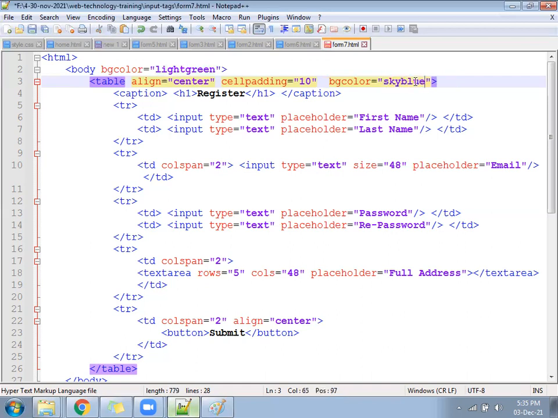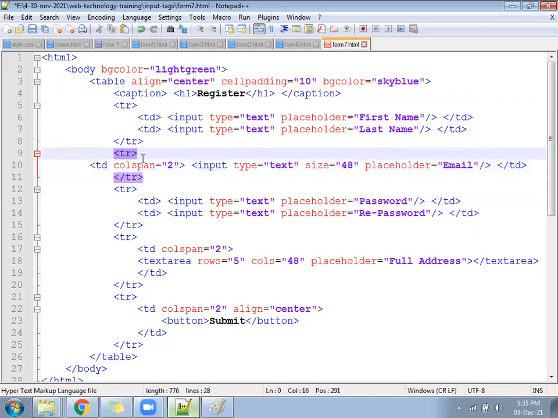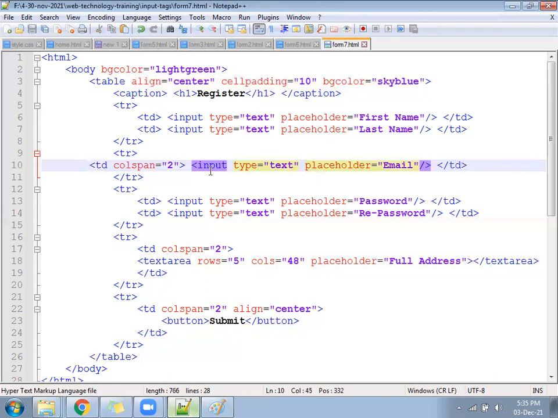Hello, sir. I have one doubt. In the second text box, we mentioned colspan equal to 2. Sir, if we give colspan equal to 2, it will by default take the size of the above 2 text boxes. Again, why do we need to mention the size property equal to 50? Do we need to set it manually, or how will it be by default, sir?